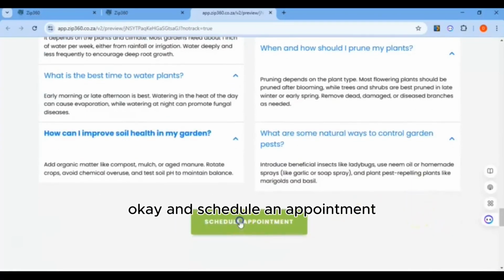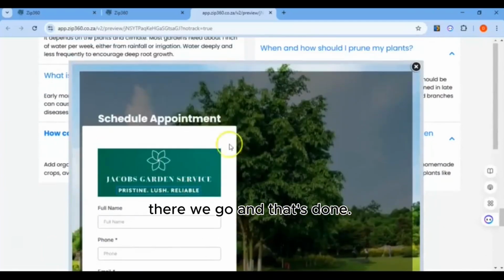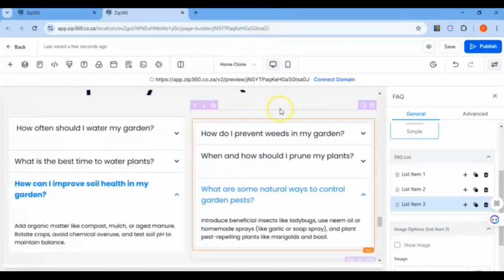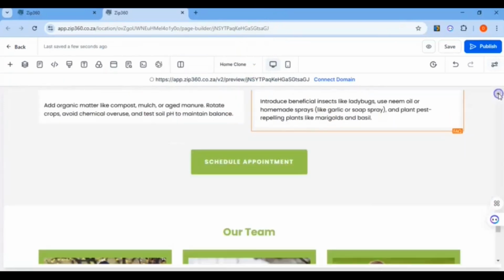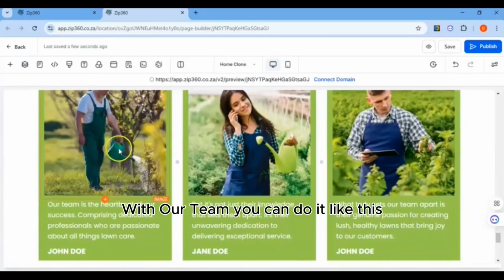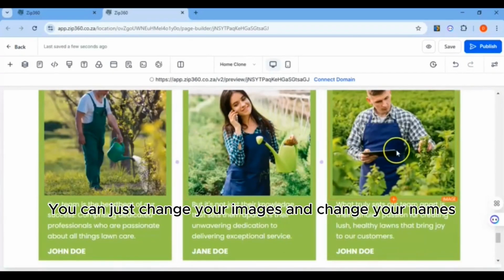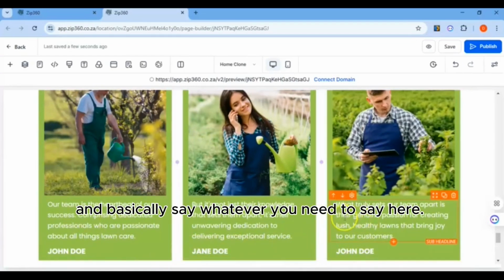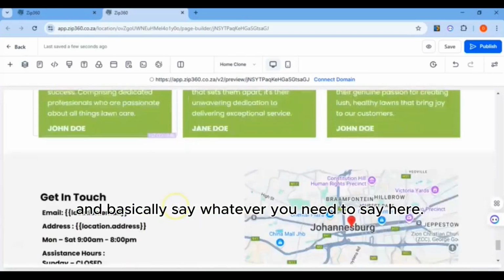Okay, and schedule an appointment. There we go. And that's done. With our team, you can do it like this. You can just change the images and change the names and basically say whatever you need to say here.